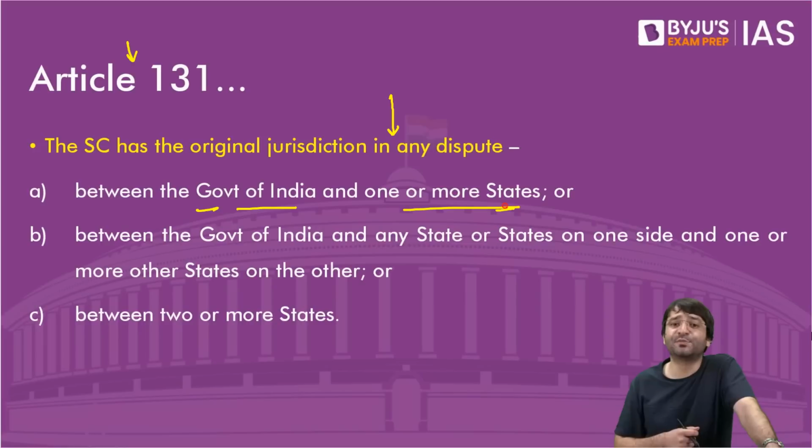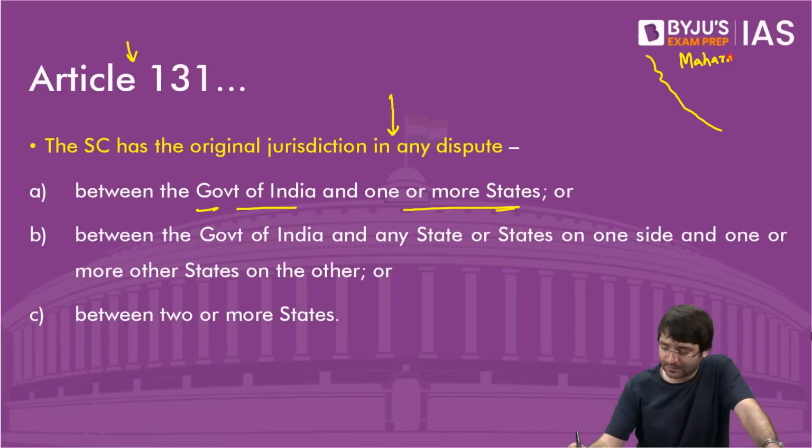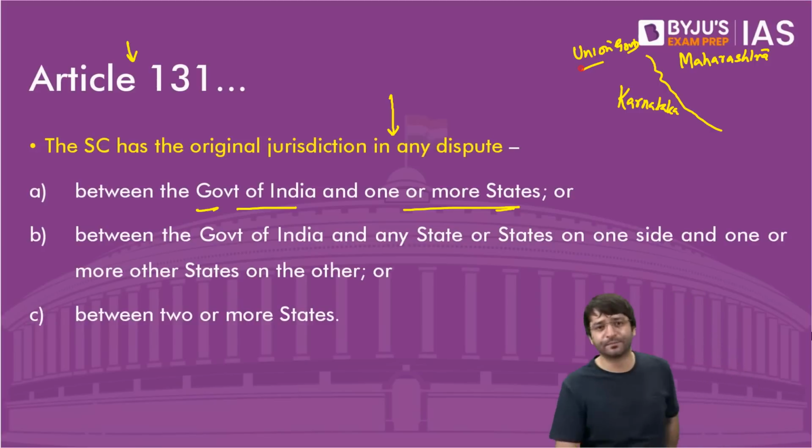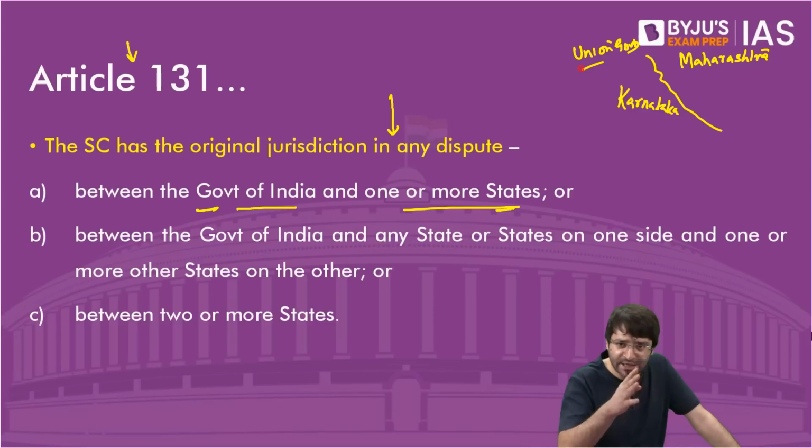Such cases involving dispute between center and one or more states. For example, there is a dispute between Maharashtra and Karnataka, as well as the union government. What is that dispute? There is Belagavi in Karnataka, also known as Belgaum. Maharashtra says it should have been part of us. Because in 1956, when the states were reorganized